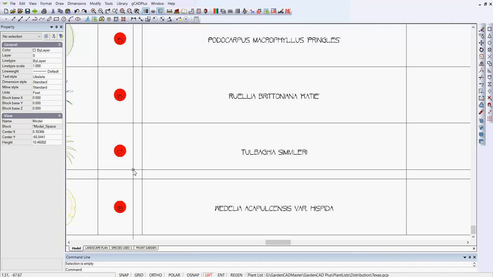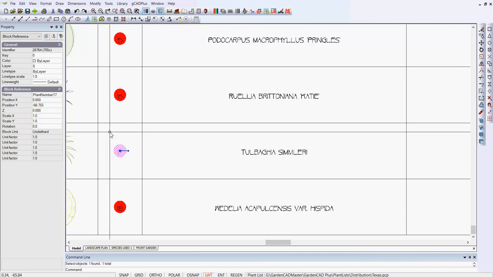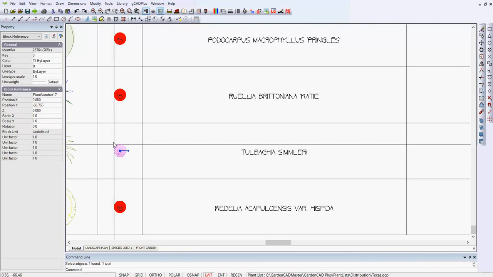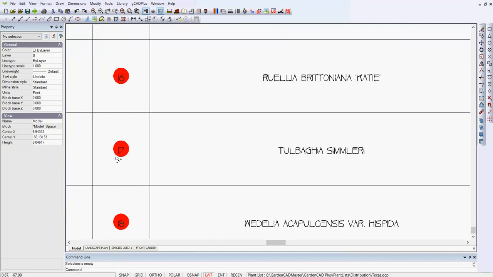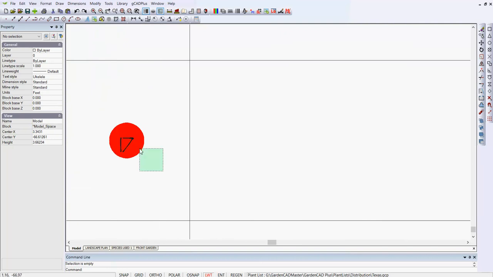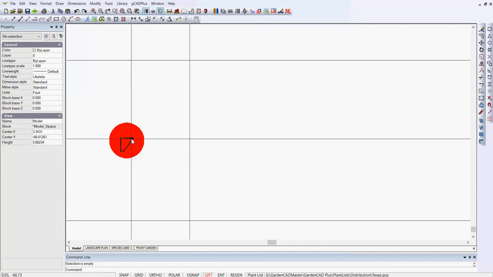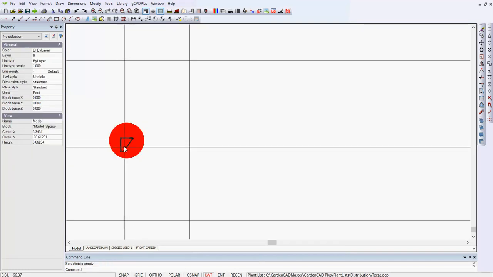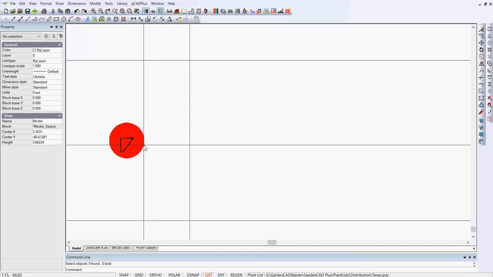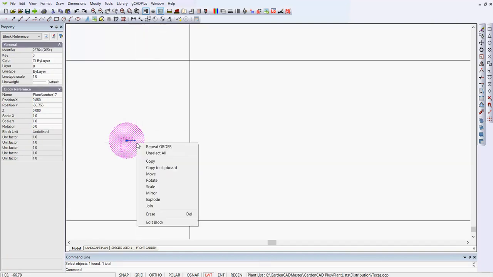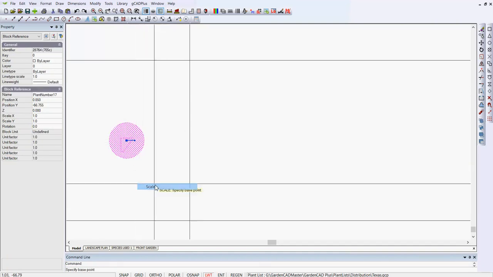And there's our symbol, and that has number 17 in it. I'd be inclined to make a block of that. It is a block. Is the text? Okay, the text is part of it, so we can just select it and scale it